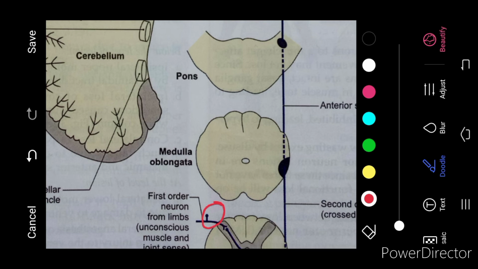After relaying in the dorsal root ganglion, these fibers travel to the posterior gray column or dorsal root of the spinal cord in the segment L1 to S5. This posterior gray column is the second order neuron fibers,